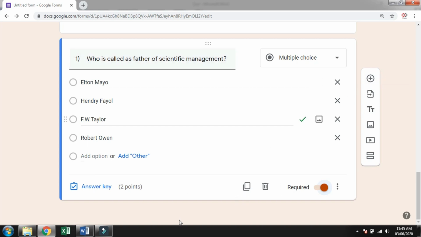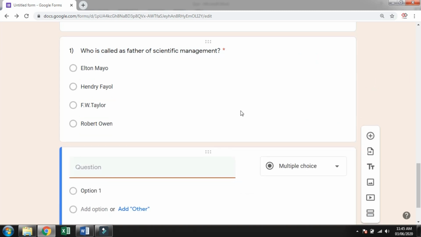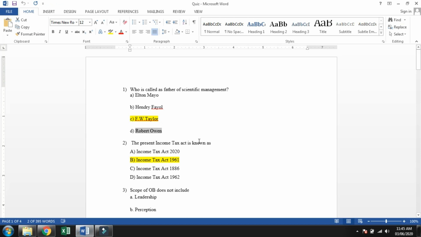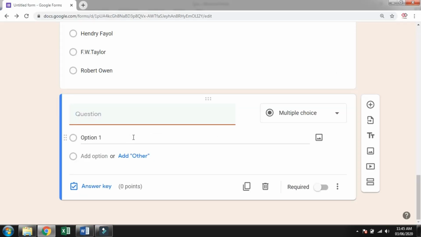If you want to make a copy of it and edit it, you can also do it by clicking duplicate. I'm just going to add the second question, options.